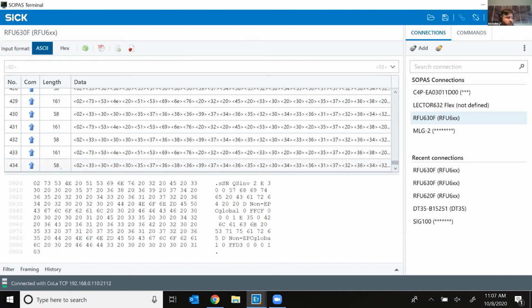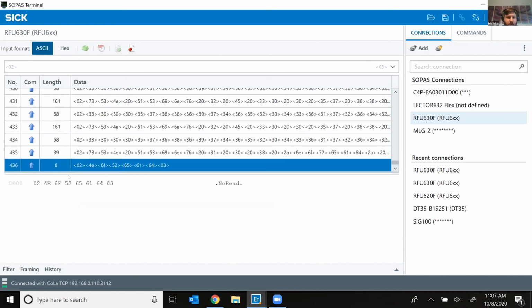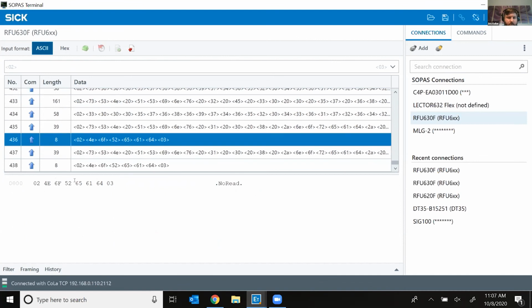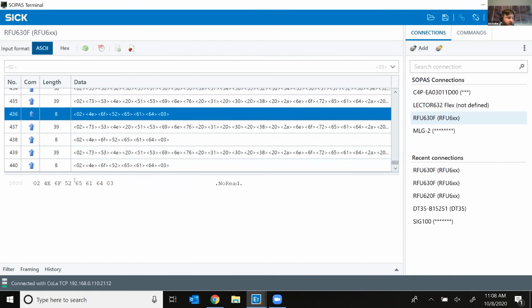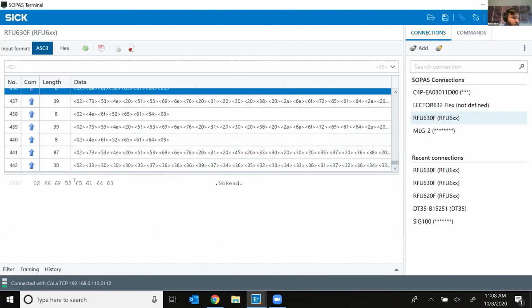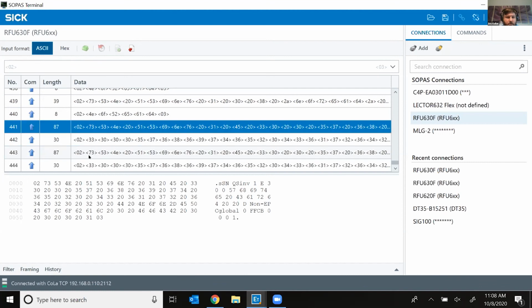We can see if I remove the tags from the RFID reader, I now have a very short string, and it just says no read. So this is good to know. I don't have anything coming across, not a big deal. But then if I put my tags back in front of it, it'll update. You'll see these strings get a little bit longer, with a little more data in them. So if I click on this string here,